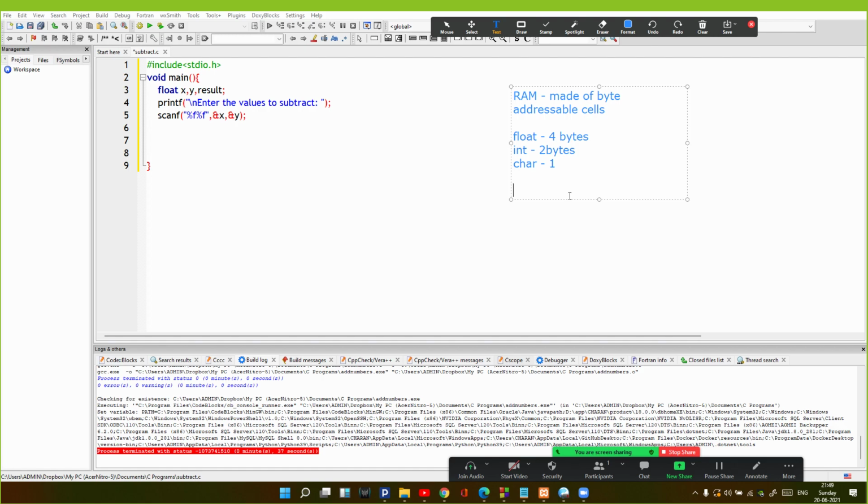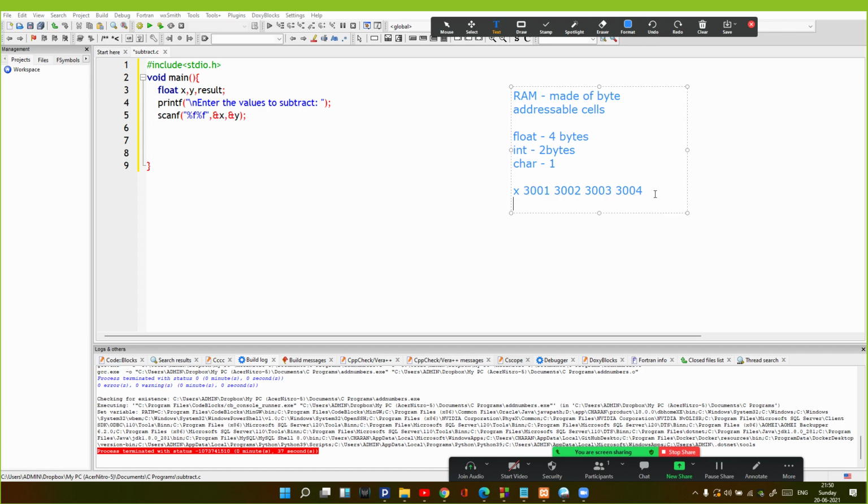Now I have to tell the compiler about the address of X in the memory. X is a float type, so suppose its starting address is 3001, then 3002. This particular X variable will take up 4 cells because it is of float type, but the address of the starting cell will be taken as the address of X. So the address of X here will be 3001.